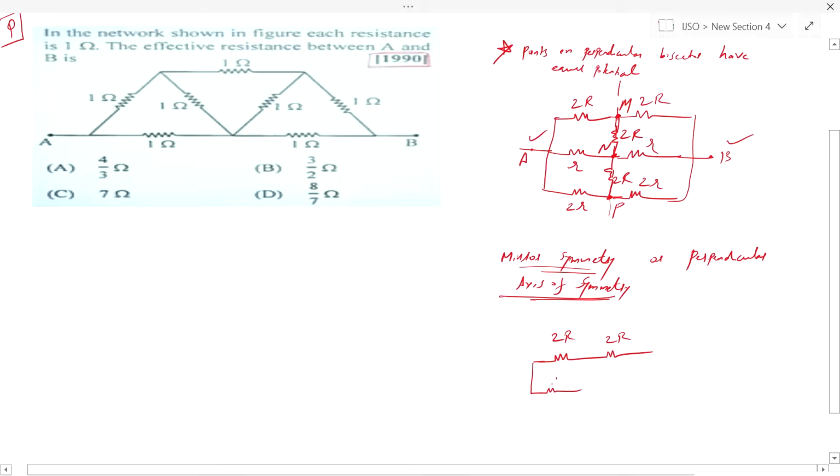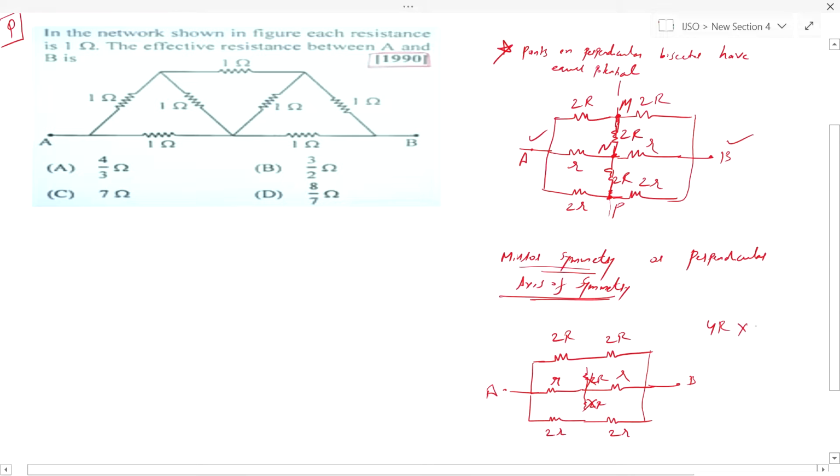I am drawing R, again this is R, 2R, 2R, and this is A and this is B. Okay, so just remove this line. This is not connected. No current is flowing, so 2R current won't flow. So both can be ignored. Now it's just a normal parallel question, no? So the answer is